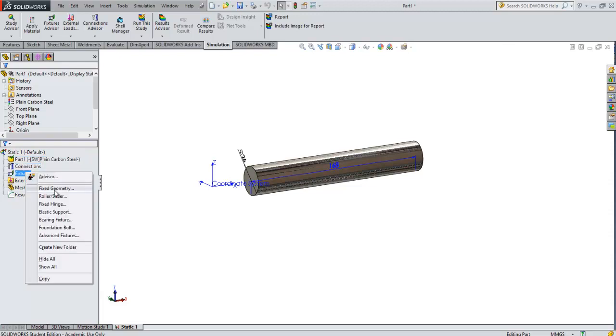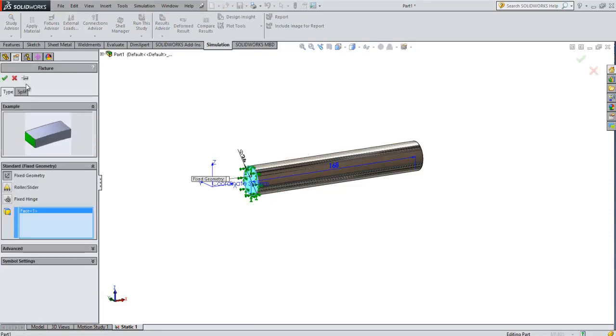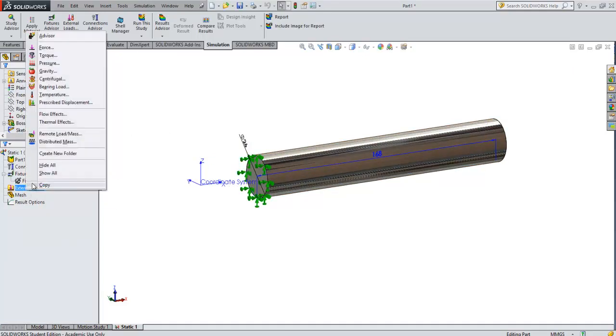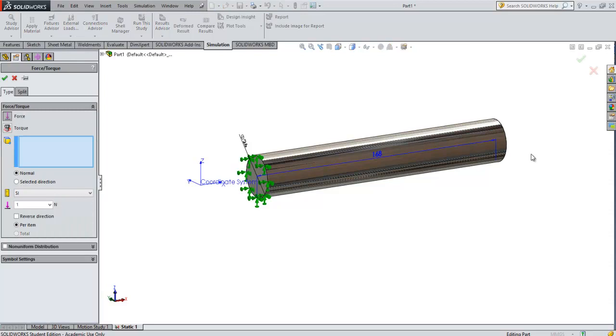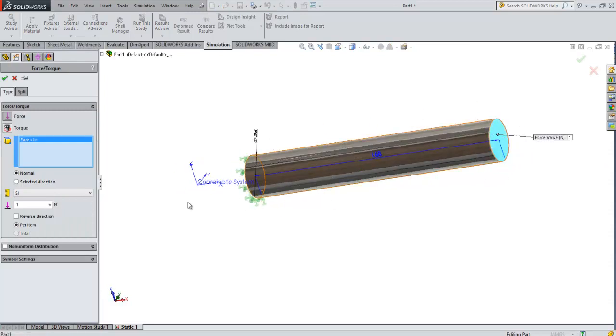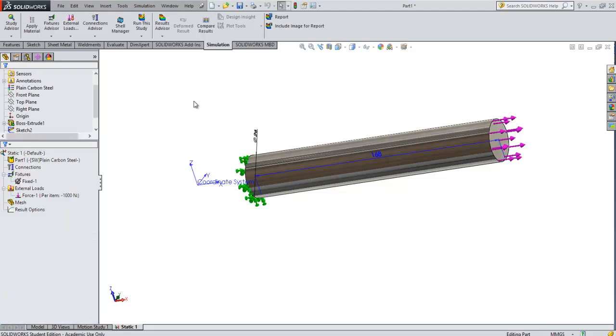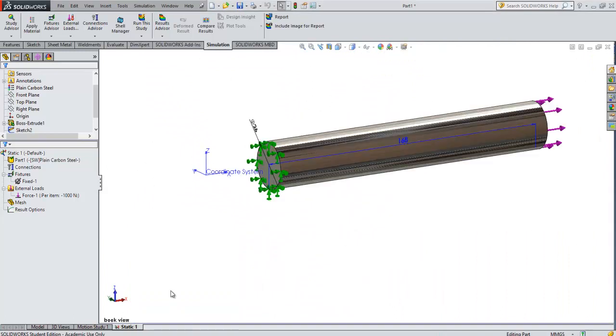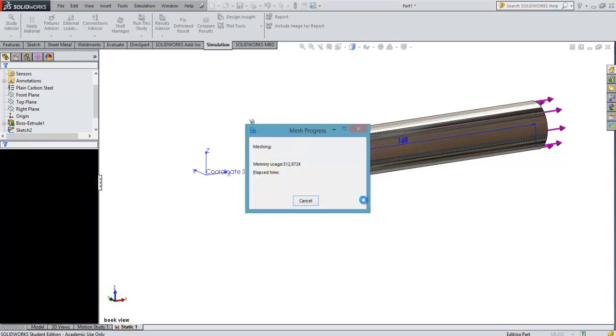So now I'll create a fixed geometry on this surface, which will prevent this whole surface from moving, and I'll create a force on the surface over here that's in the reverse direction and 1000 Newton. And since I'm using the template as shown in the video on chapter 1, I can press the space bar and then change back to my preferred view like this, and now I can run the study. So this surface is completely fixed. I can run the study, and